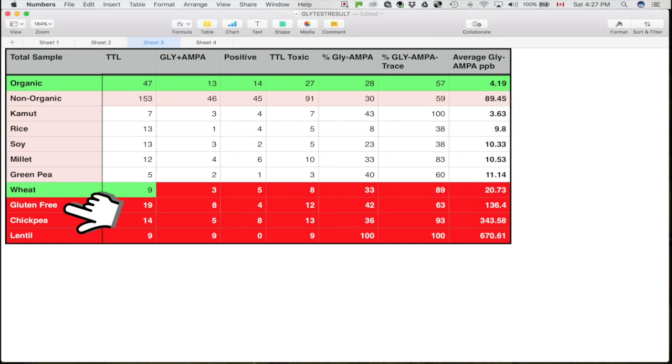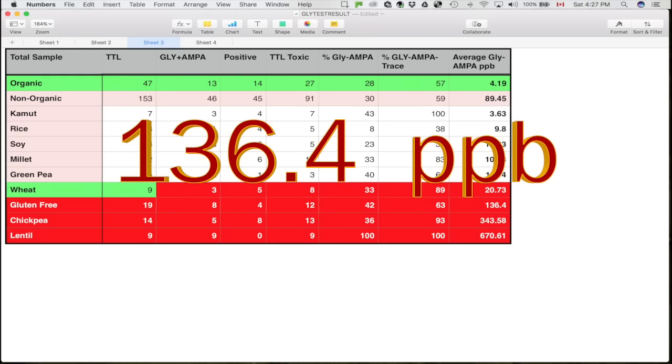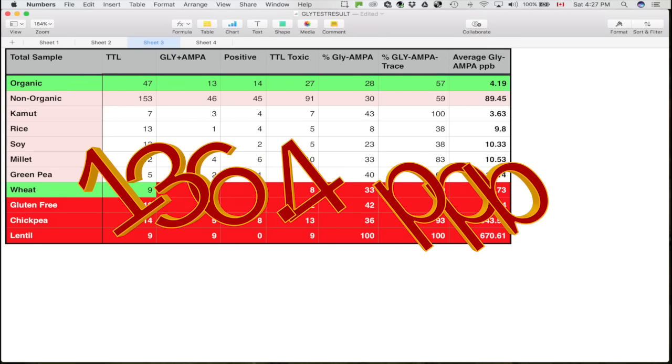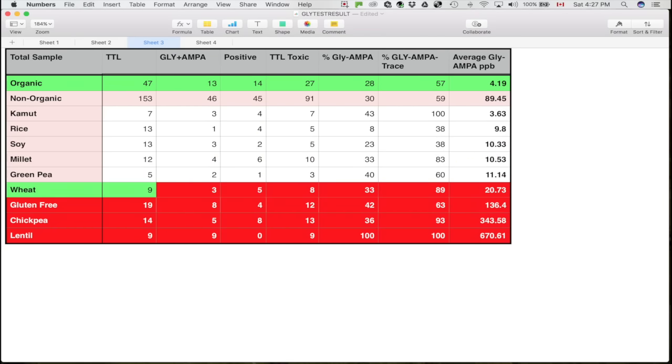Gluten-free. There are lots of good gluten-free items, 19 of them, much more than wheat, that had the word gluten-free in them. Some of them were organic, in fact, and they had almost no glyphosate, but the rest of them had so much glyphosate that the average is astronomical. I mean, comparatively, it is 136 parts per billion per sample of gluten-free food. And this tells me that